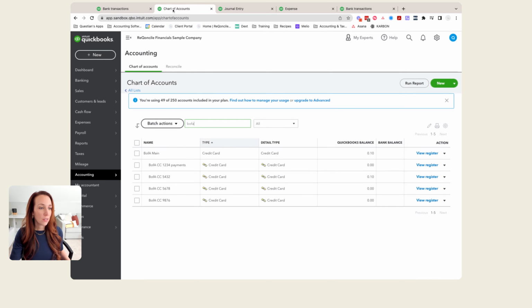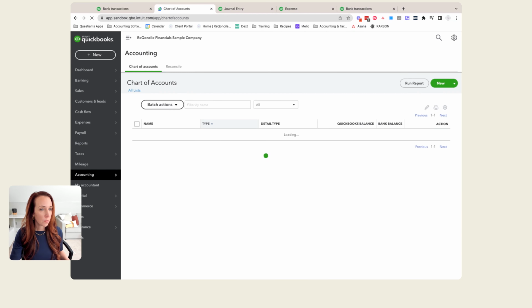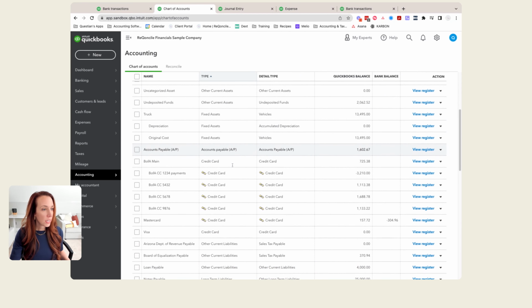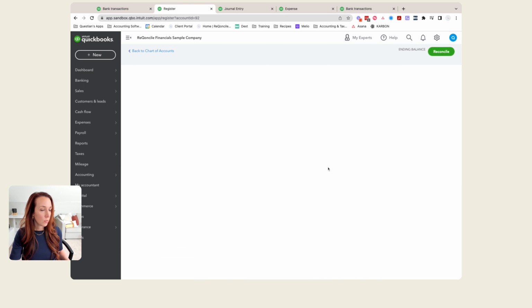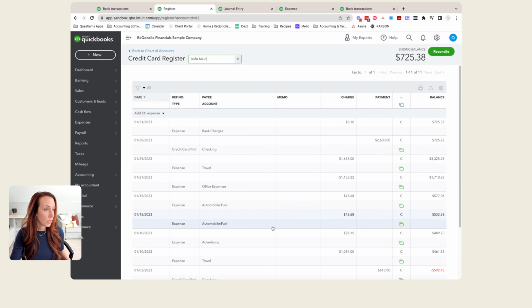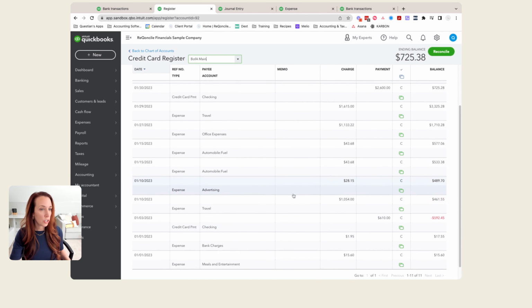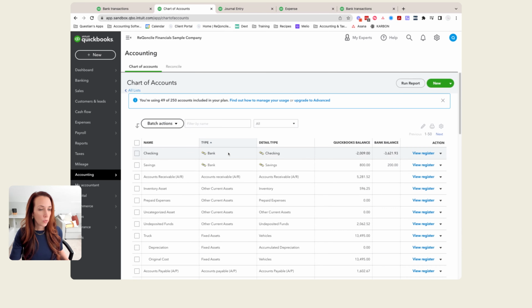Okay, so now if we go back and take a look at our chart of accounts and refresh the screen here, and we scroll down and just take a look at the B of A account, you can see that there are now balances in each of my cardholder accounts because I've added those expense transactions and, in this particular case, the payments. So the next thing that we need to do, I want to show you in the B of A main account that you can see all of the transactions in this register from your sub accounts. So as you can see, they're all showing up here. So if we go back out to our chart of accounts,